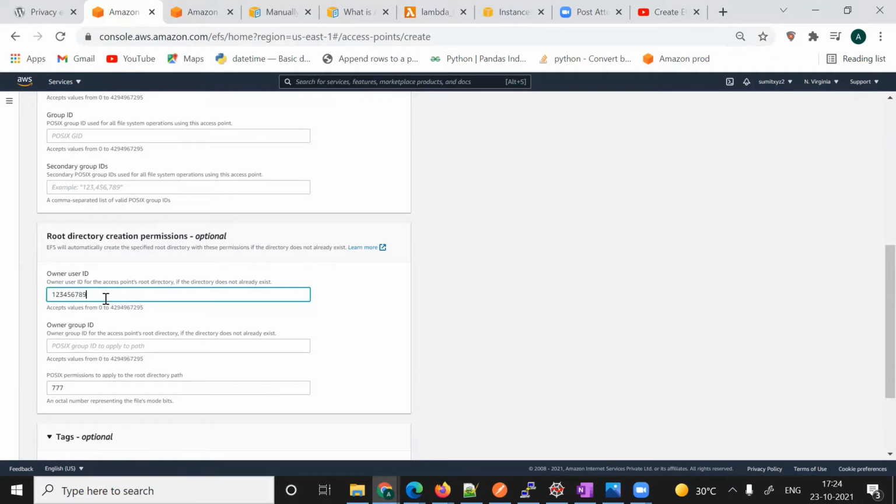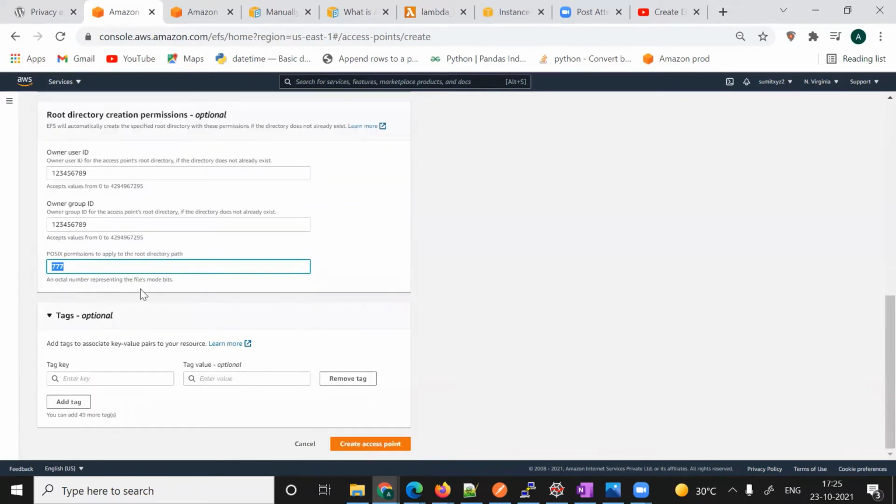This will all be managed by AWS, so we don't have any control over it. But you have to take care of this permission. If you get any error while accessing the file system through Lambda, then think about this permission. It is critical here.